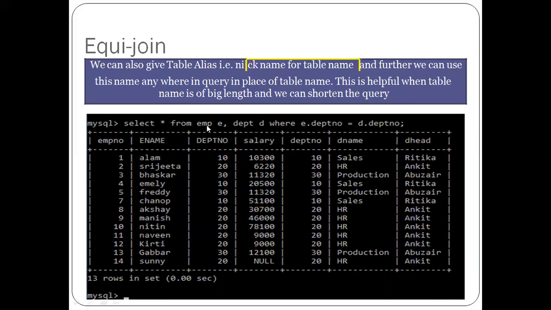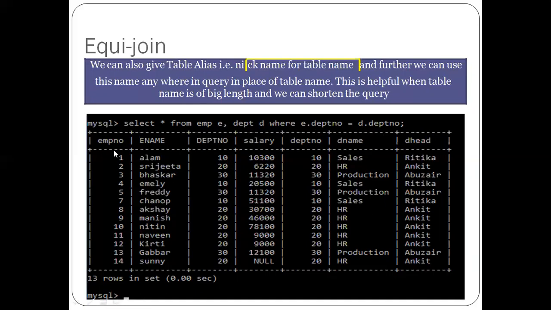Don't get confused here about EMP. If you have written employee, you have to write a short name E. Instead of writing employee or EMP, you can write a short name. After the table name, you have to give one space. Department space D. So here E dot, instead of writing the full table name which you have created in the database, you write that short name, then dot. After dot you write the column name which you want to match with the other table. So E dot department number equal to D dot DPT number.